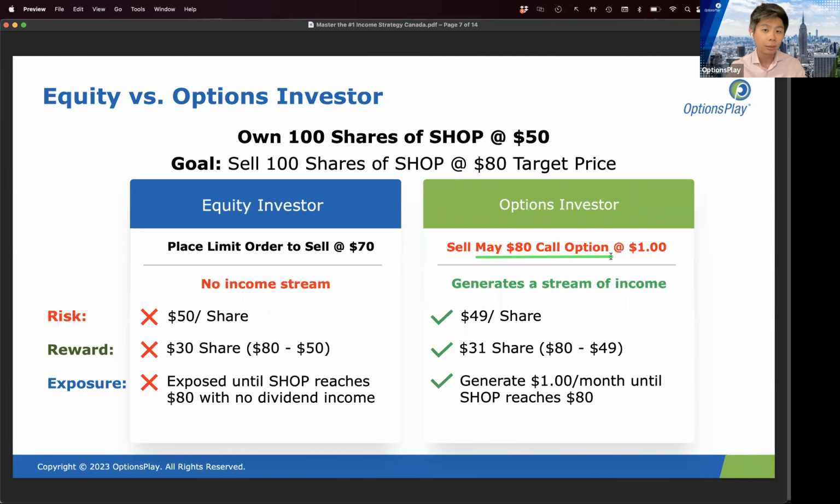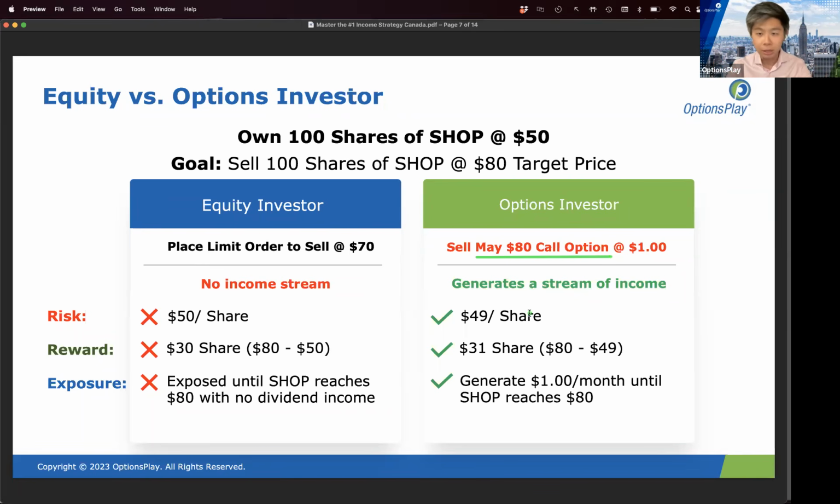But the difference between a limit order and a covered call is that a covered call pays me premium. Every single time I sell a covered call, I get paid premium. Just like every single year when you renew your insurance policy, you have to pay that premium. Well, if every single month you sell a covered call, the buyer of that call has to pay you that premium. So that's the difference between a limit order and a covered call, is that you have the same obligation, but one pays you an income stream, the other one doesn't.